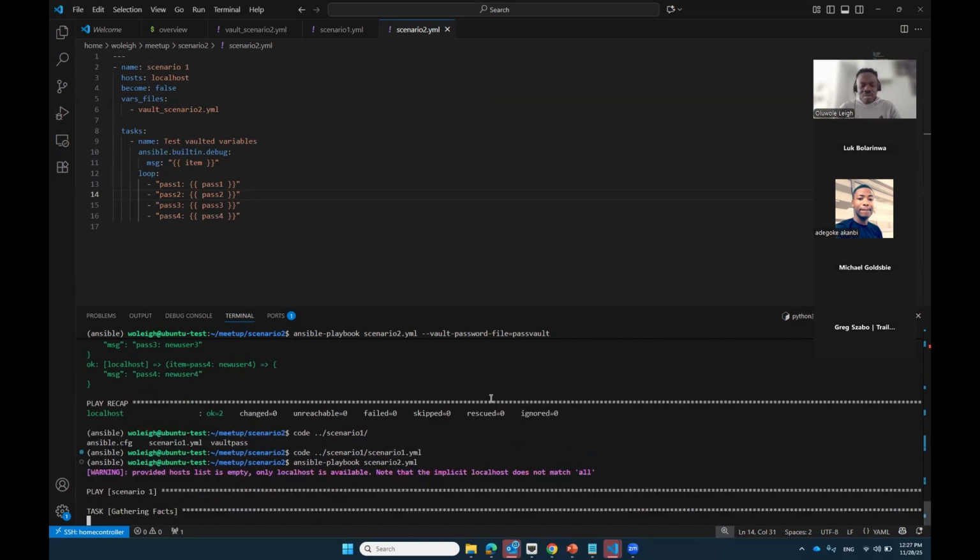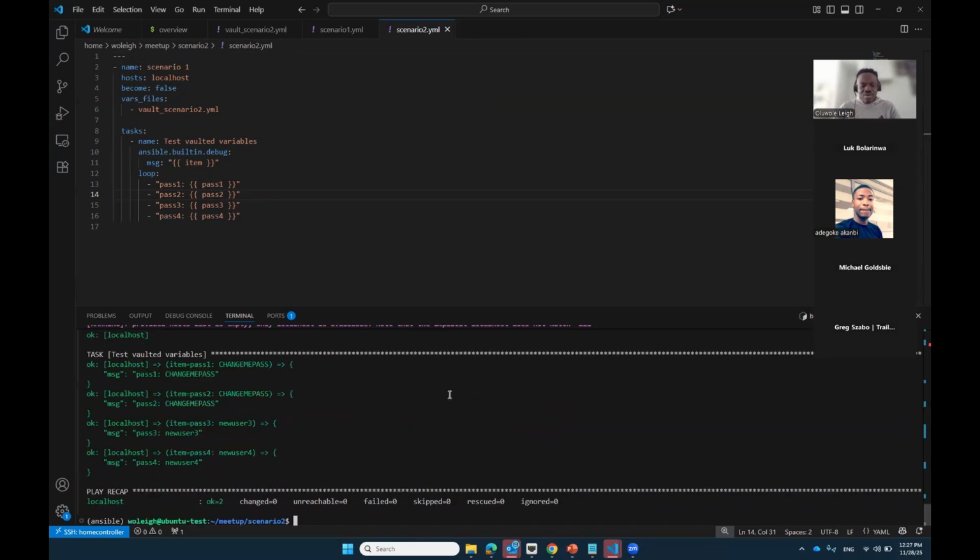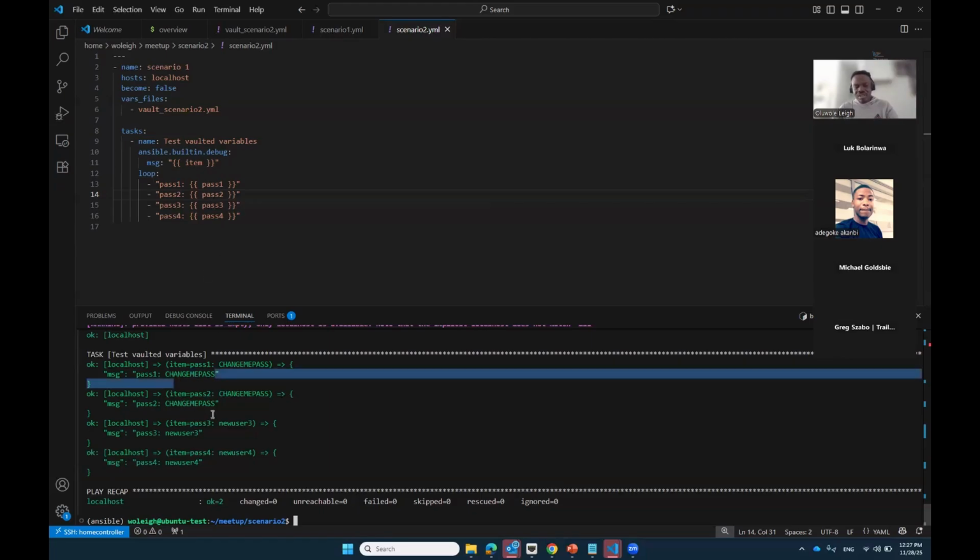on running this playbook, it's able to give me the printout. What I'm using is the Ansible built-in debug module. The debug module prints out variables, right? So I'm decrypting and showing you this was the original variable that I typed in. This is after encryption, it's giving me back